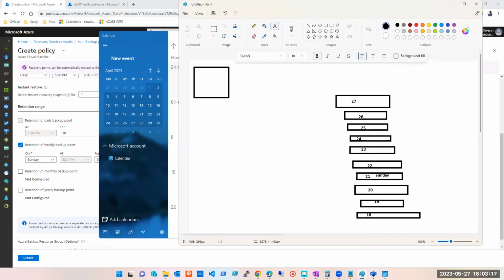So now, when my backups keep increasing, whenever the 28 backup comes here, which one will get deleted? 18. 18. This got deleted. Okay, this got deleted. Then I have 28, 29. इस तरह से delete होता होगा, and then there's a time which will come on 21st also, right? Let's say 3 more backups. 27, 28, 29, 30. By the time I come to 30,